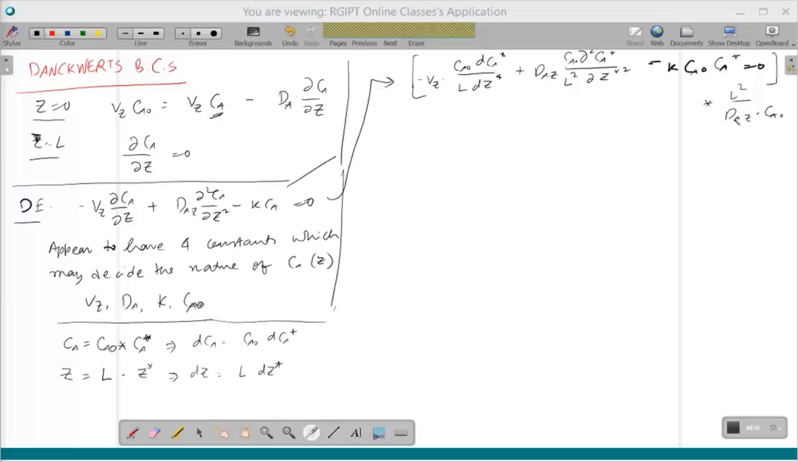So like that, the L² Ca naught cancels out, L cancels out, and I get minus Z